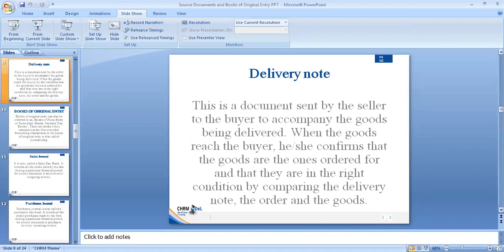Then we have what we call the delivery note. A delivery note is a document that is normally sent together with the goods, or packed together with the goods, and it has the details for those particular goods which are being delivered. So it is going to act maybe as a checklist of what has been delivered,